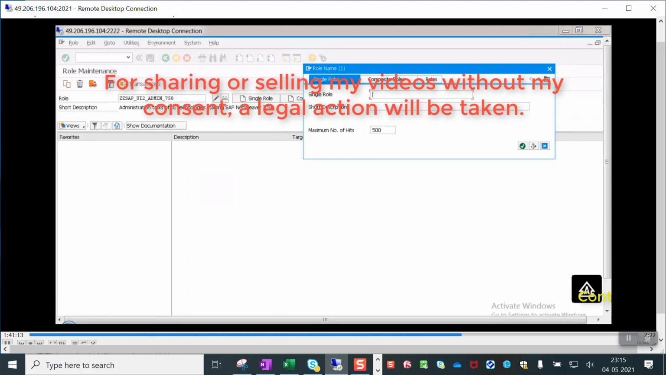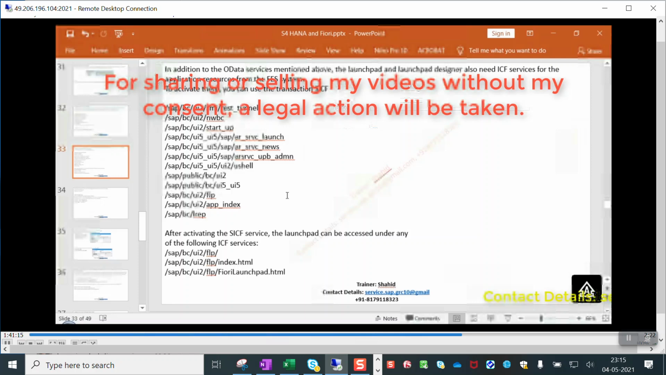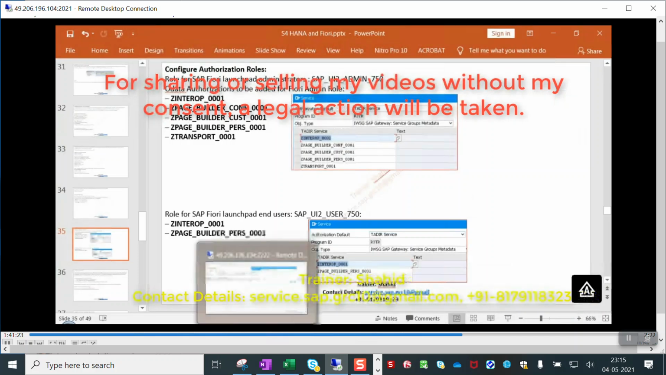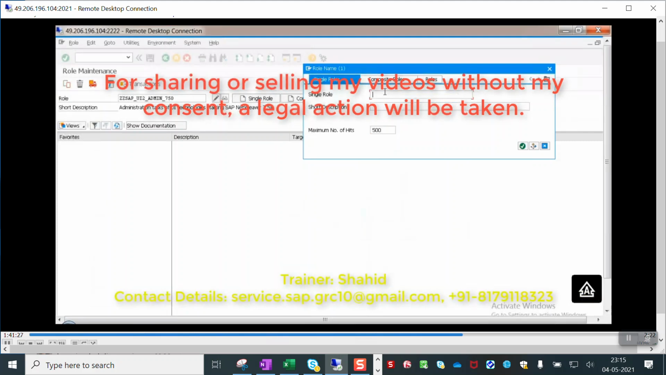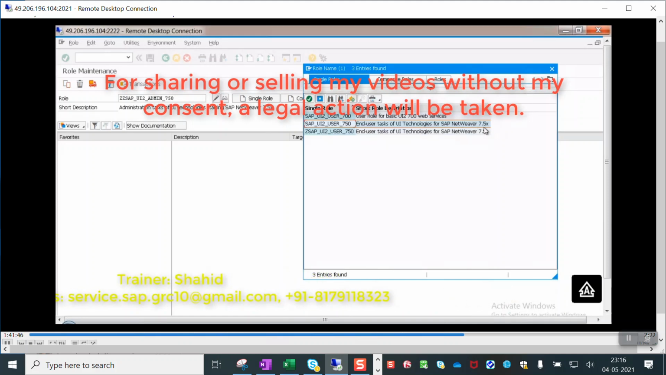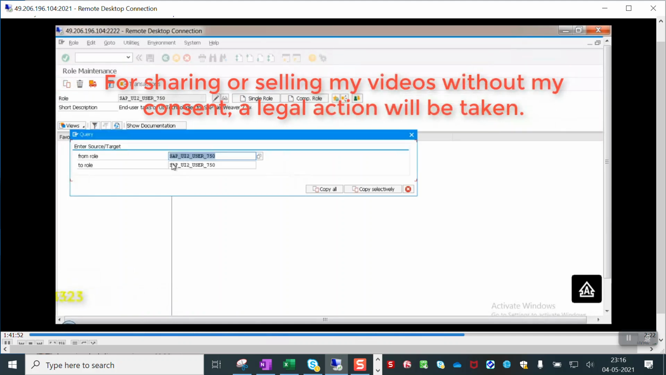Now the next role we have is the UI end user role. So when you say end user, it is a functional consultant, right? Yes. So this is the version we have, SAP UI2 user 750, and our NetWeaver version is 7.5x. Okay. Let's copy this. Copy all